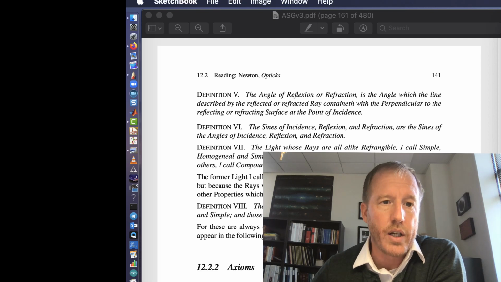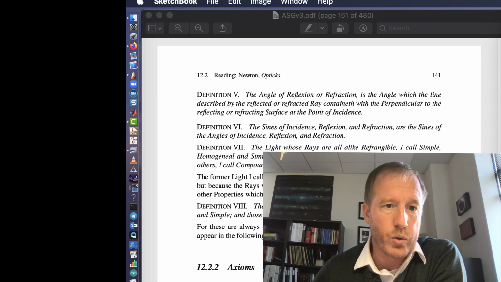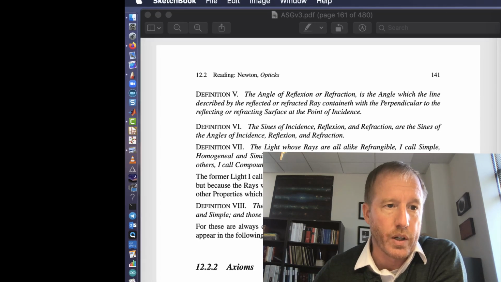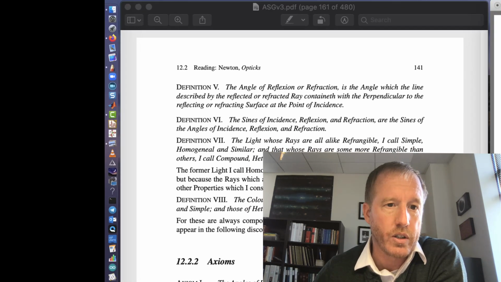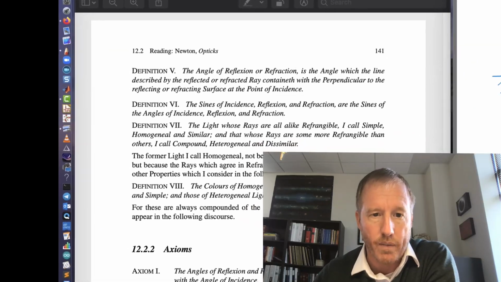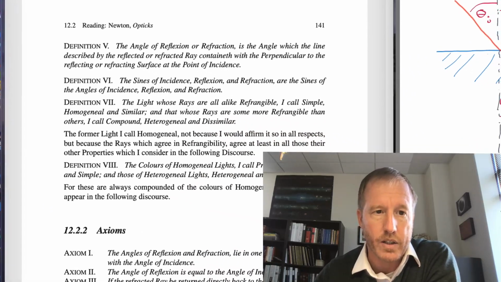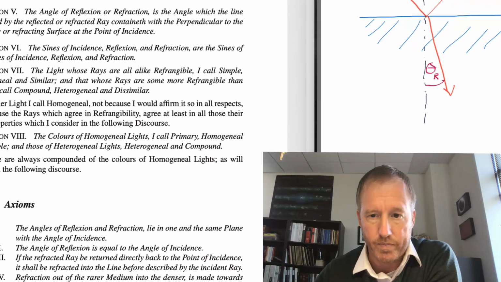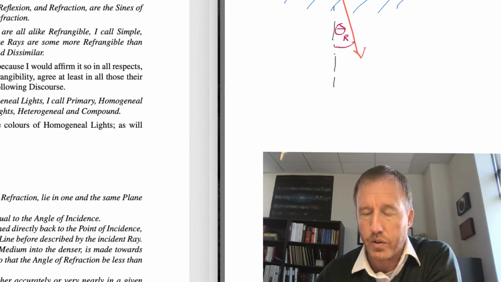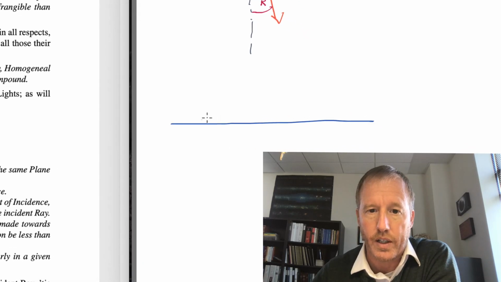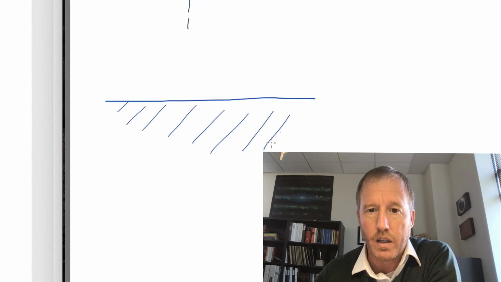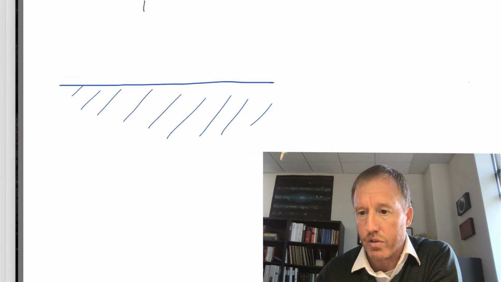He says, the light whose rays are all alike refrangible, I call simple, homogeneal, and similar. And that whose rays are some more refrangible than others, I call compound, heterogeneal, and dissimilar. What does he mean here? He says if you have light that is striking a surface, let me use blue to stay consistent. If you have a surface like this, once again, and you have a ray of light that is striking this surface,